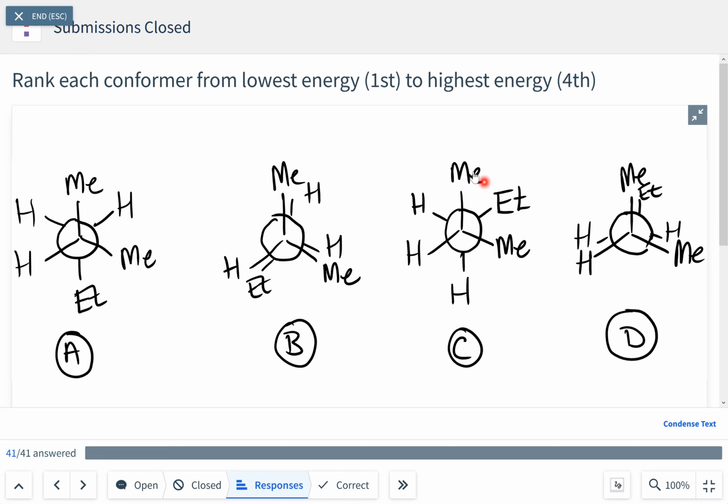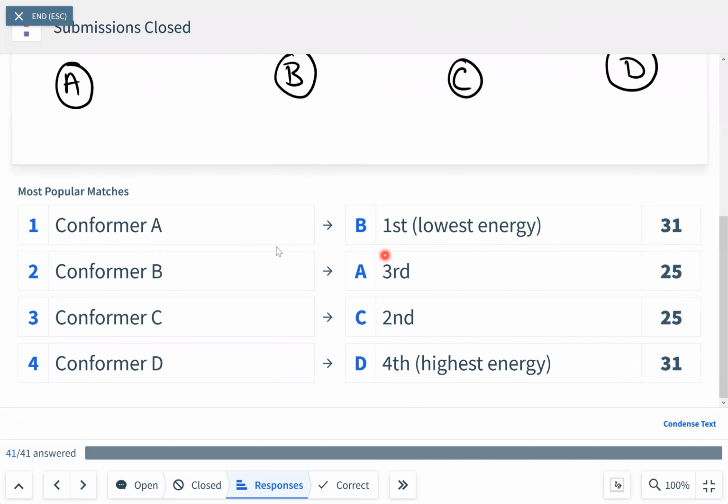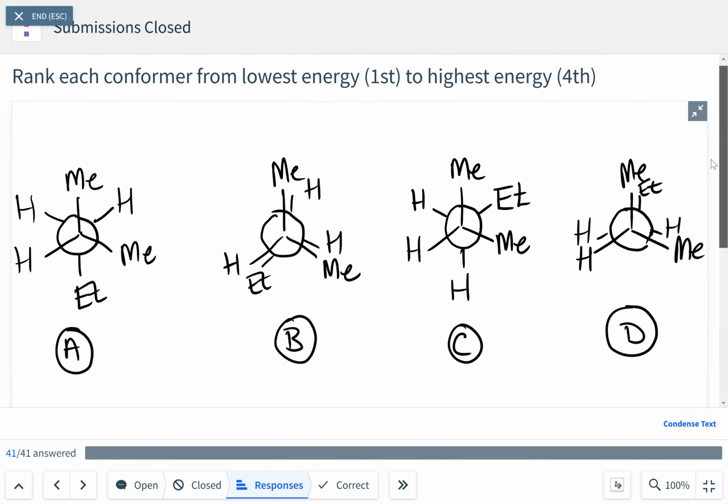In conformer C, we've got two gauche interactions. So this one should be higher in energy than A, which would make A the lowest energy. So that is correct. A first, C second, and then when it comes between B and D, the highest energy